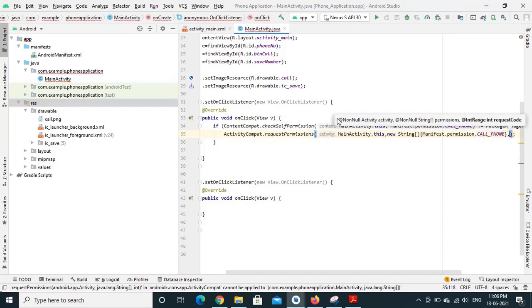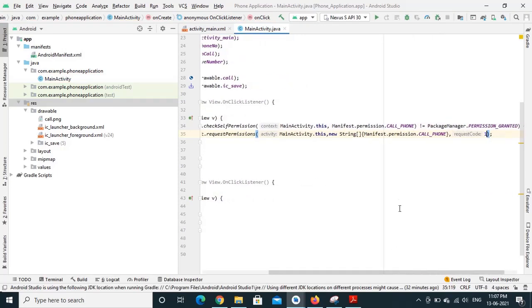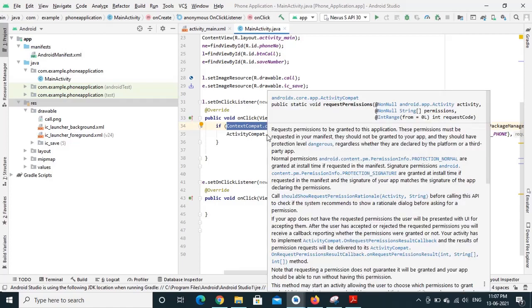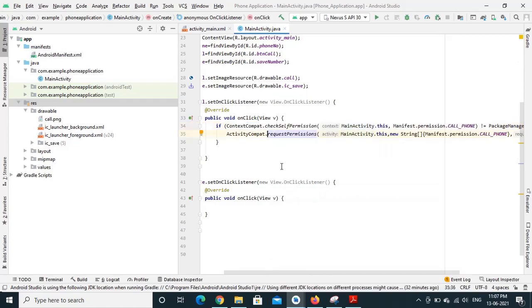And the third argument is the request code, that is 1. So we are granting the permission in this way. First, we are checking whether the permission is given. If it is not granted, then we explicitly provide the request for the permission.